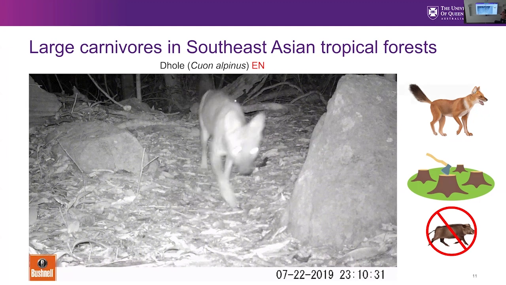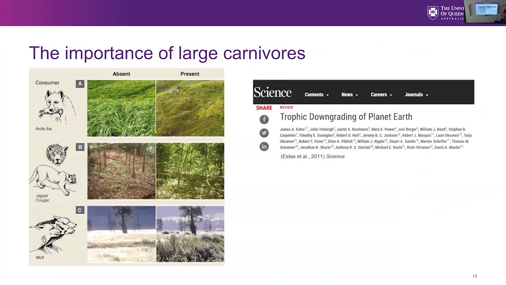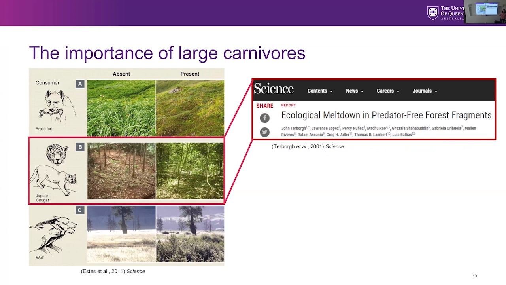So while large carnivores are interesting, I focused on them primarily because of this review from 2011. They highlighted that the loss or decline of large carnivores across most of Earth's ecosystems have resulted in consistent trophic downgrading, where the extinction of the interactions maintained by these large carnivores degrade ecosystem processes. I decided to zoom in on the example from tropical rainforests and found that it rested on this one citation